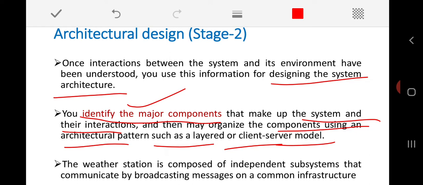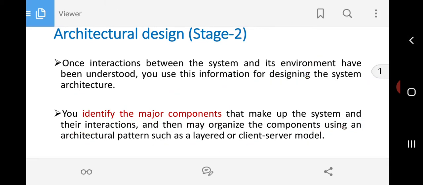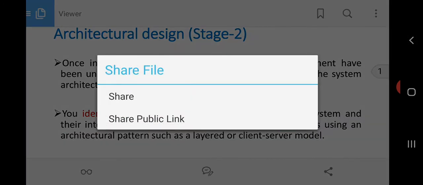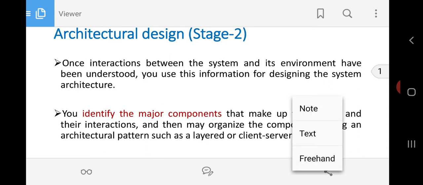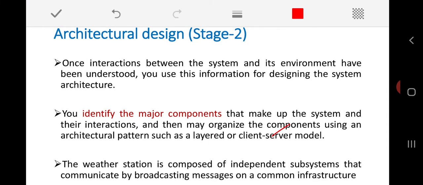One is the repository model, another is the client server architecture, and the third is layered architecture. Based on the type of software system that we are going to develop, we will select either the layered architecture, client server architecture or repository model.